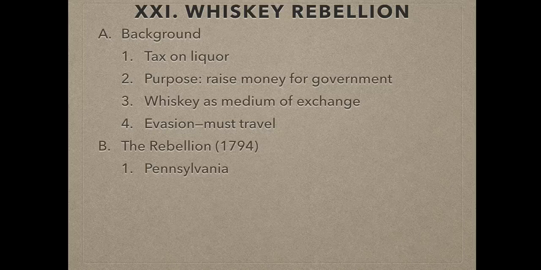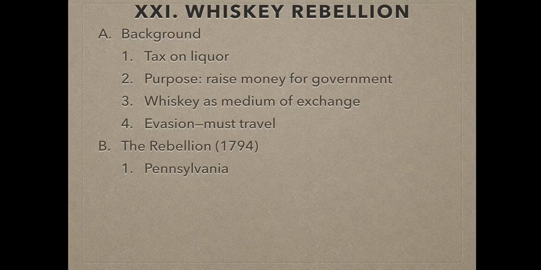Well, basically, there's a bunch of farmers in the backcountry in Pennsylvania who are going to protest. They're going to refuse to pay the tax. They're going to go attack the house of the tax collector. And again, this all sounds very familiar. And if you remember, these protests had been pretty widely accepted among many colonists in the years leading up to the American Revolution. But when we got to a somewhat similar protest in Shays' Rebellion, many people found this protest